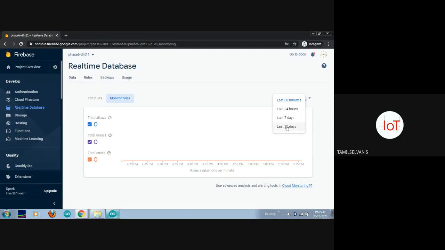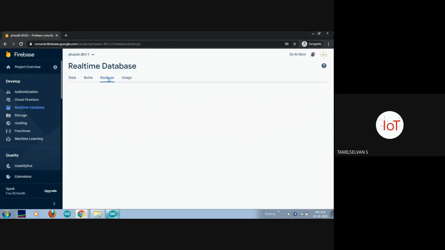For the last 30 days, how many requests I have received from third party applications, how many are allowed, and how many are denied, I can view it here, date wise.